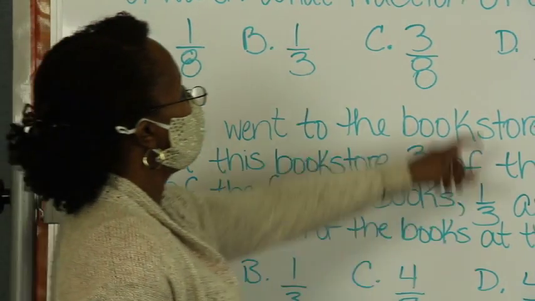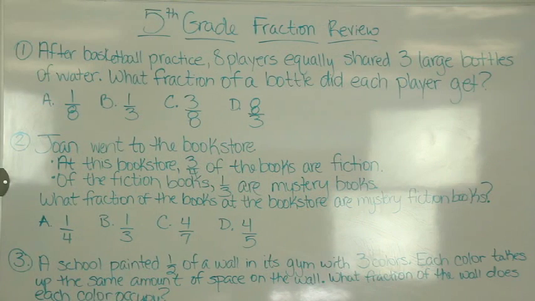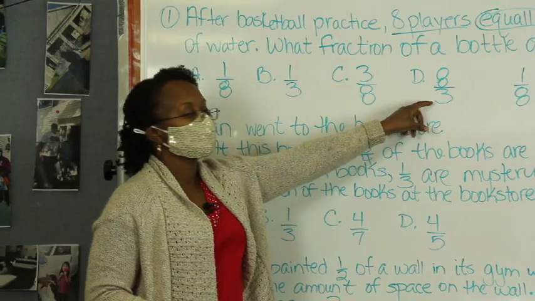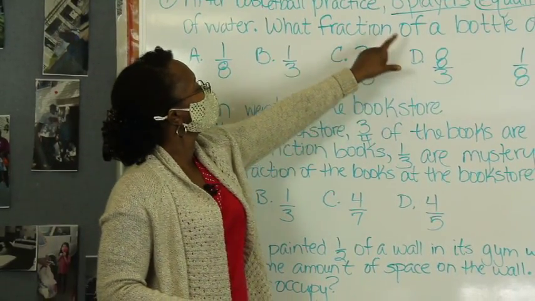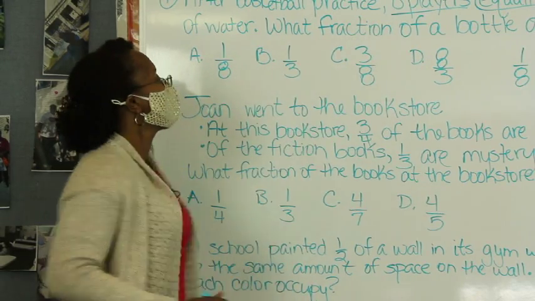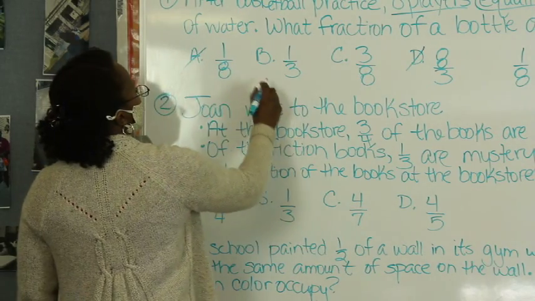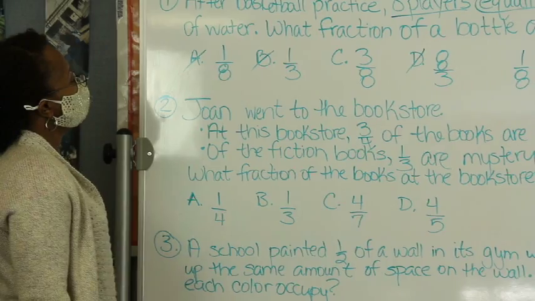Now, if you look at D, they even have 8/3 up there. Just for the person that may be really confused by fractions, this may be confusing to them, but either way, it only has 3 parts. There's 3 bottles of water, but how does that translate to 8 players? It doesn't, so we know it's not that one. And we can cross this one out, and we can cross 1/3 out. Now,